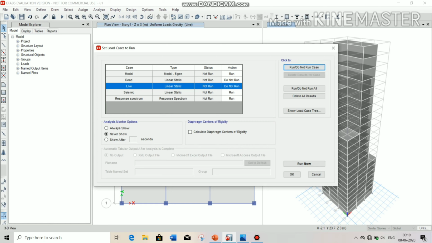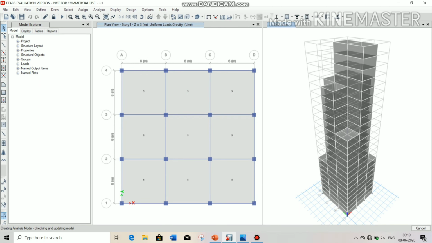Then click on Run Now. After that, your analysis will proceed and it will take some time. In the right hand bottom corner you can see your analysis progress.